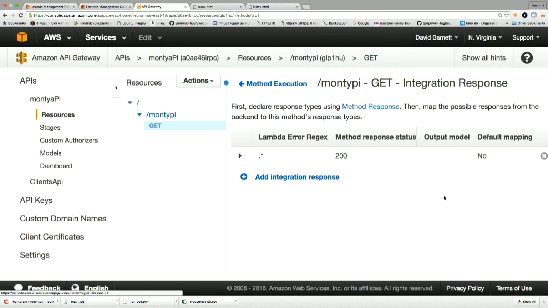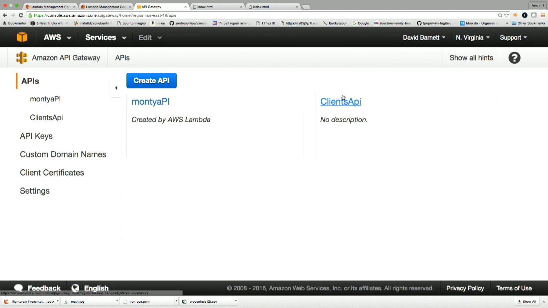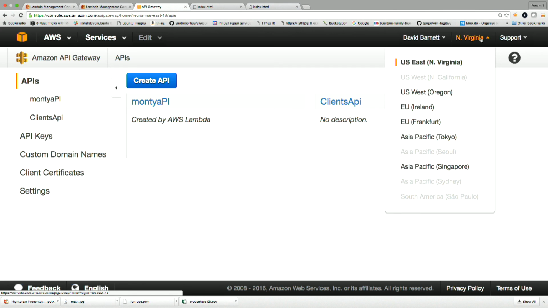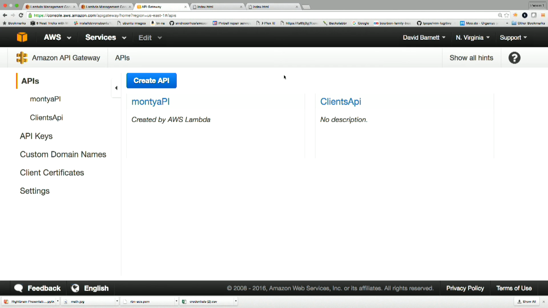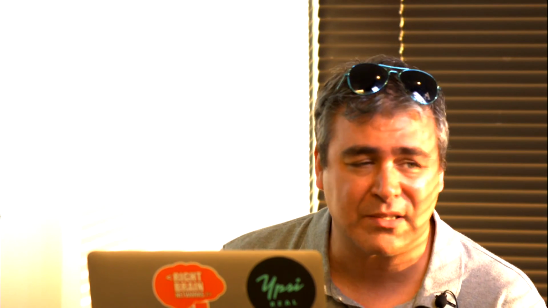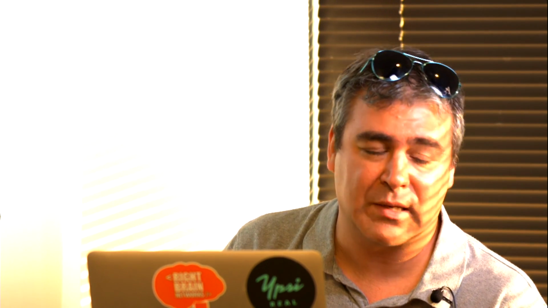The response, let me see if I have one that's a little more interesting. So it's the details of passing that to Lambda that was the tricky part. It's transforming the data, because I wish it just took my post data and my get data and passed it off to Lambda if I don't tell it to do anything else. Flask does that. Django does that. Every single other web endpoint does that. This does not. My guess is eventually it will, but it doesn't.